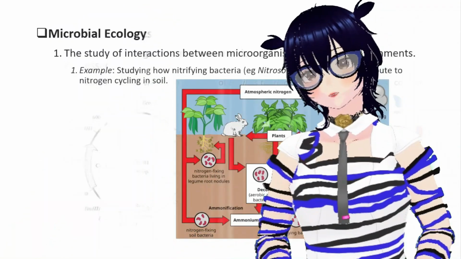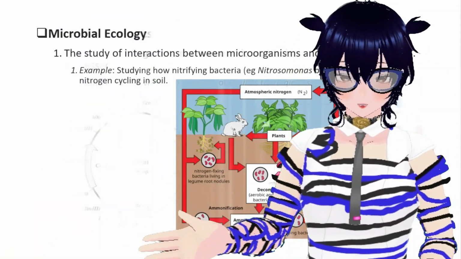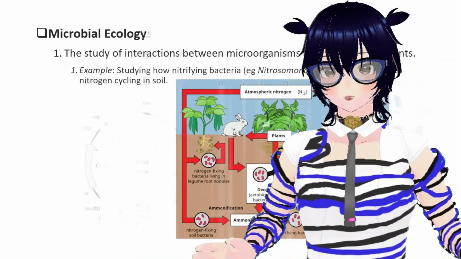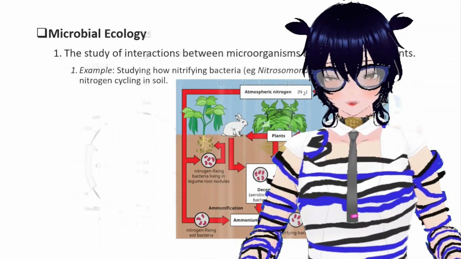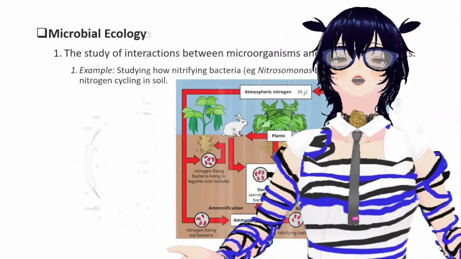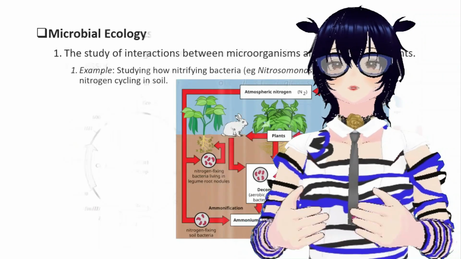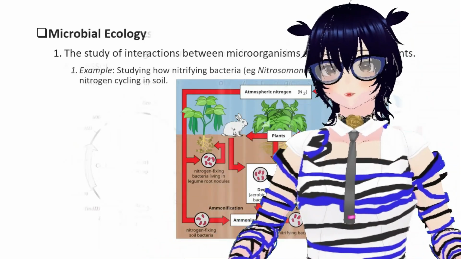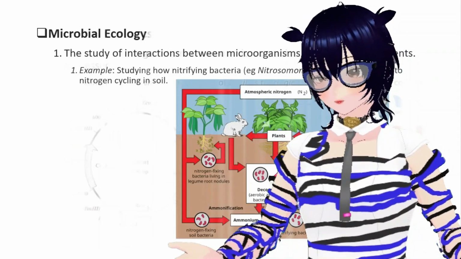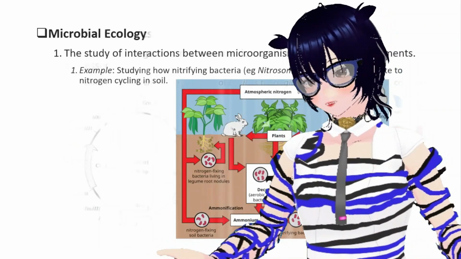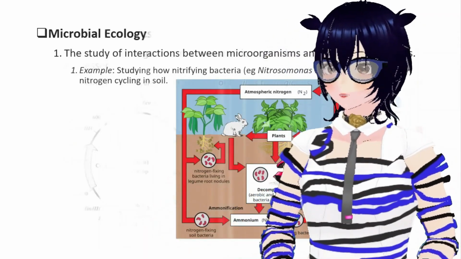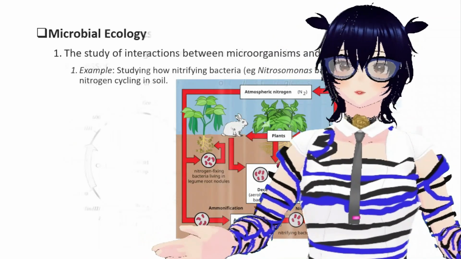The nitrogen bacteria gave us actually a present, and now that is used by plants and fungi and other bacteria, and then the plants are eaten by the herbivores, and the herbivores are eaten by the carnivores, and the carnivores are eaten by the omnivores. So that was just the role of the microbe in the environment, ecology, and specifically nitrogen fixation. They have a role in the carbon cycle, oxygen cycle. They have a lot of roles.